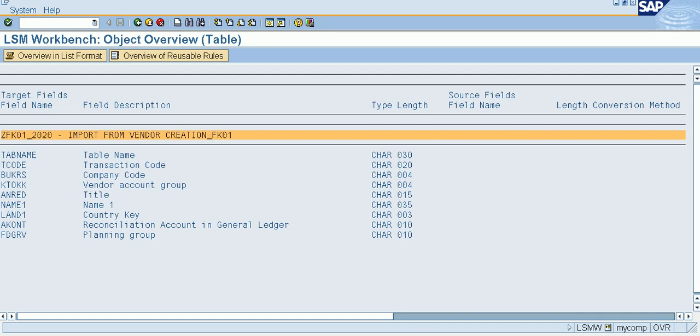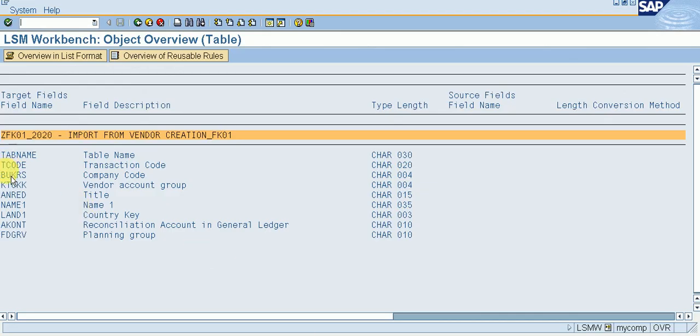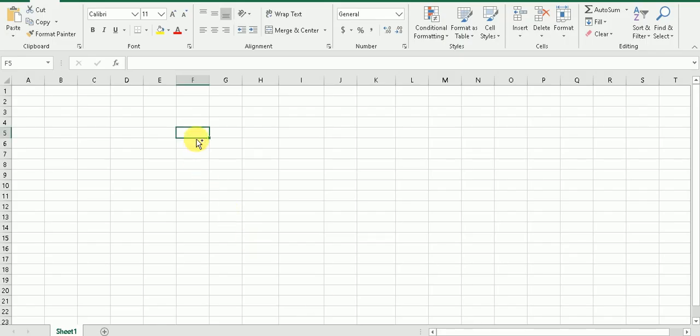Okay, so here I have an Excel screen and I will copy the details from here. Control C to copy this, then paste it.